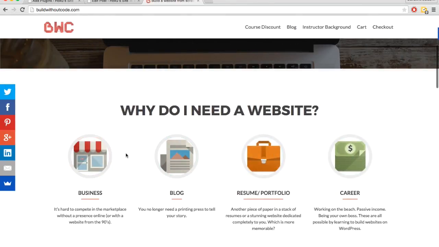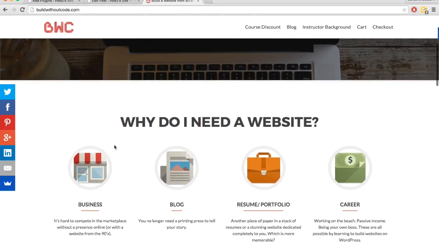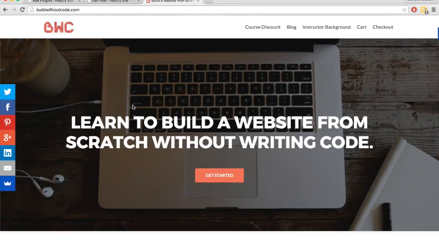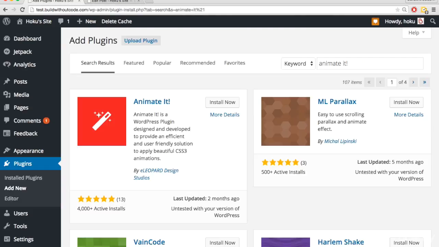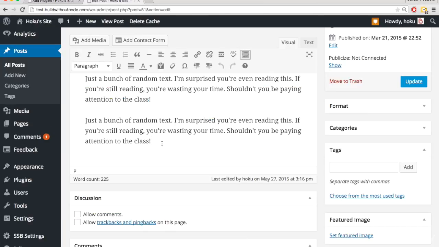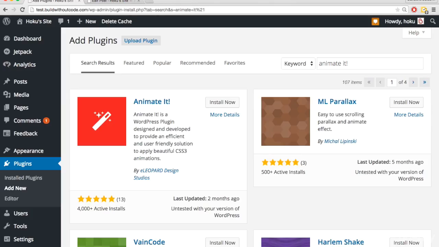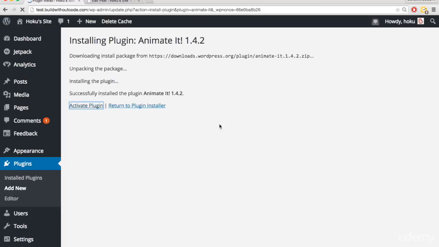So that's a little animation that allows them to come in like that from the side, almost like something in PowerPoint or something. So we're going to add some animations to this blog post, to some text, and we're going to do it using shortcode. So let's install it, activate it,